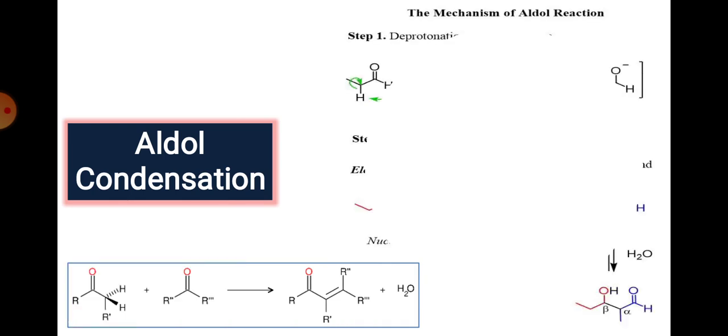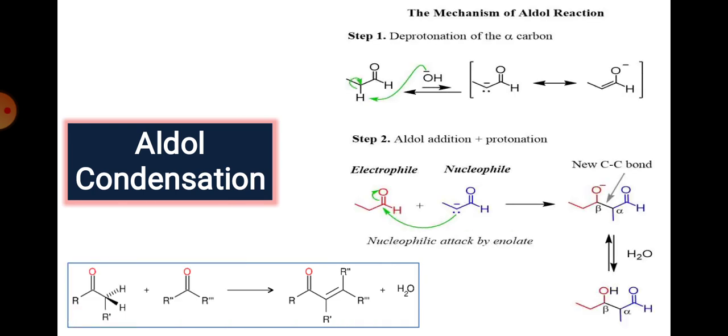First of all, you know the aldol condensation. It is a reaction between two carbonyl compounds. At least one of the carbonyl compounds should have an alpha hydrogen. When two carbonyl compounds react together, one of them should have an alpha hydrogen or alpha carbon; alpha hydrogen is the requirement here. There is a formation of aldol, that is a beta hydroxy carbonyl group, and after that it undergoes the E1CB mechanism, that is a conjugate base elimination reaction, and leads to the enone, that is a conjugated carbonyl.